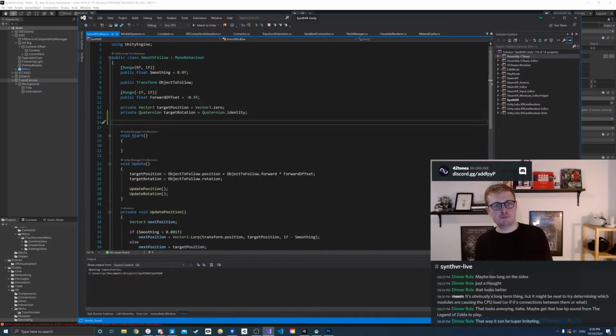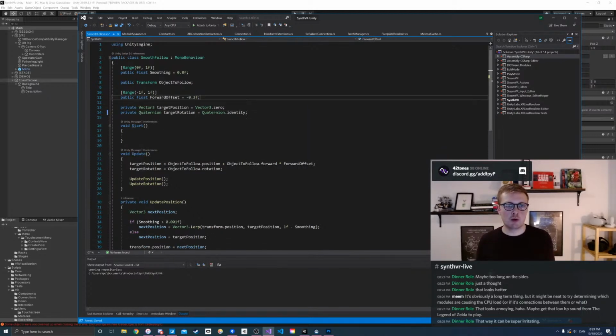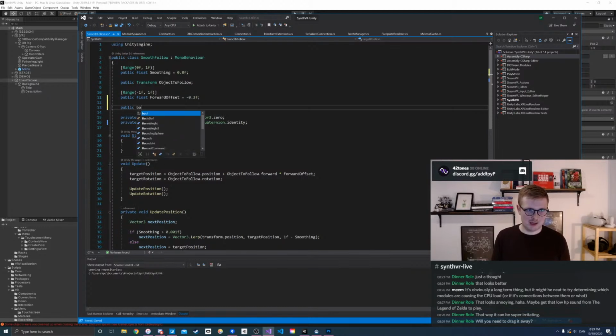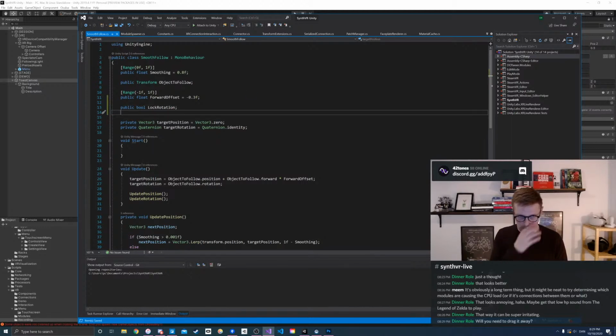So the other thing we'll want to be able to do is we want to extend this smooth follow so that it will stick. It will lock on a rotation, so it will lock the Y rotation. I think that would be it. So we would need a sort of flag to say lock rotation, and